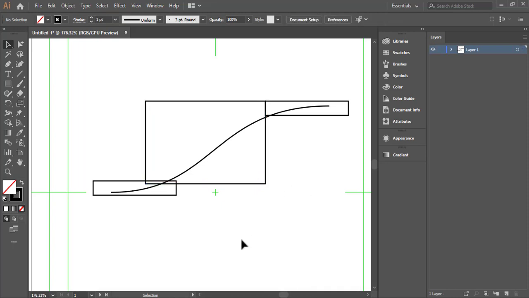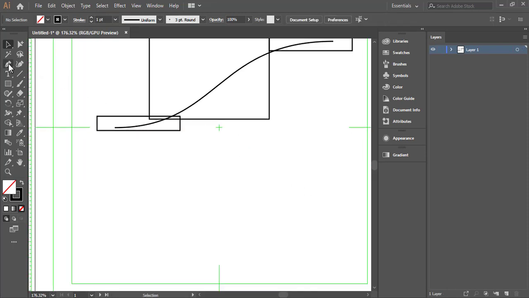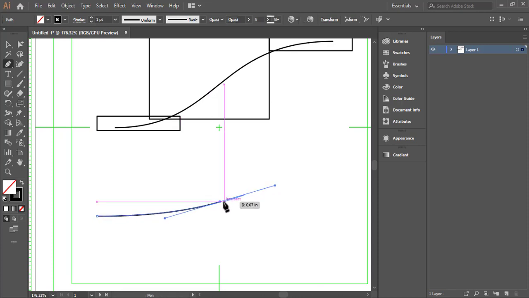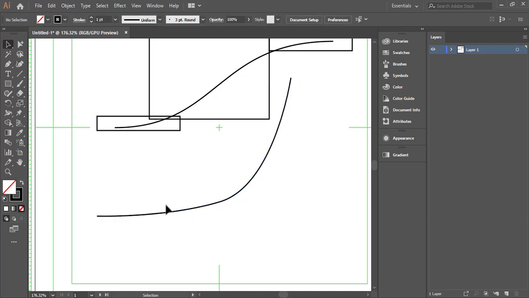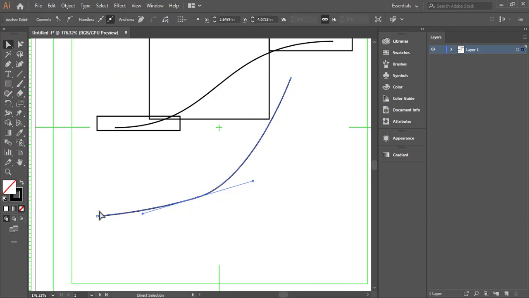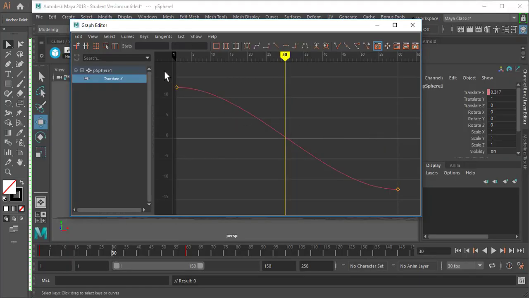So if I want something to go very slow and then very fast, what is the start of my curve going to look like? Very flat, right? So it's going to be like nothing is there, okay? And then what's the end of it going to look like? Yep. So it'll look something like this. Not exactly like that, but something like that where it's like this and then it goes straight up, okay? So I'm going to take this curve,